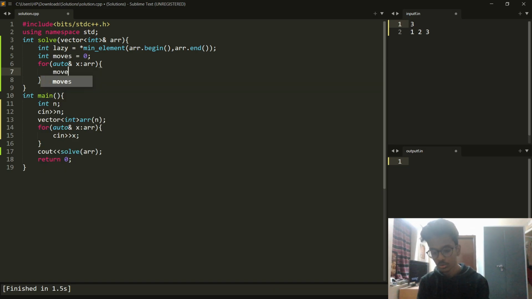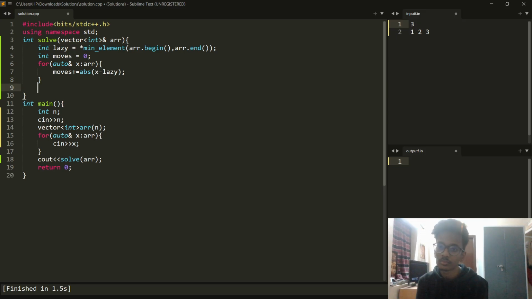Initially moves is 0, moves plus equal to x minus the lazy element. Okay. And absolute difference also, because moves cannot be negative. Actually, we don't need absolute because we are subtracting the minimum element, so there's no way it could go negative. And if you just return moves,